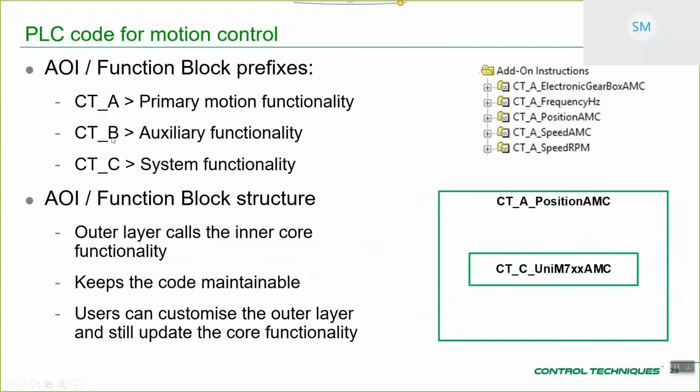So the function blocks themselves, we categorized them with prefixes. The main reason we did this was because in the Rockwell environment, when you go back as far as version 17, it tends to put the AOIs in alphabetical order. So we've got a lot of different AOI names here, and what it would do is intermingle all the ones that you're intended to use with a lot of the underpinning system blocks that you're not really intended to use. So to get around that and to make it easier for you to use,